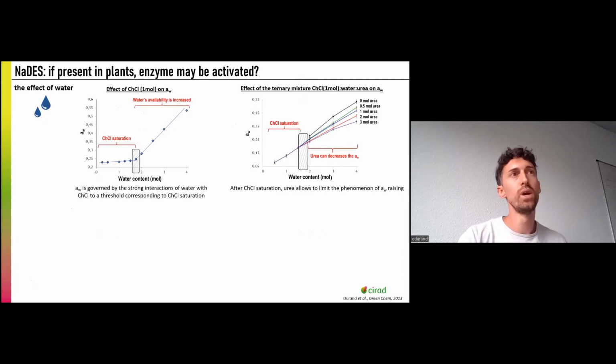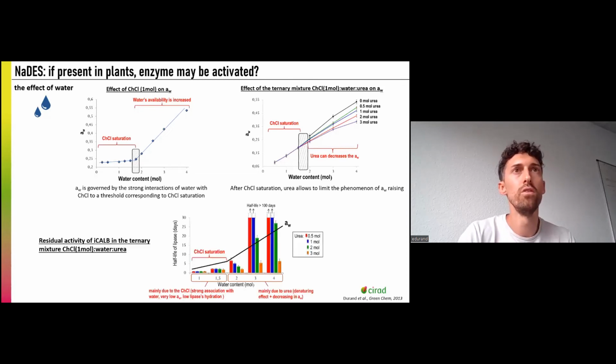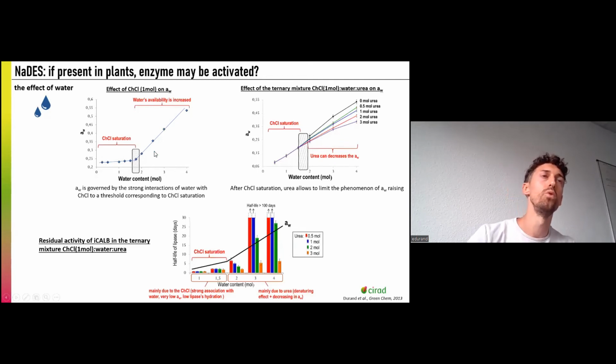So after that, we conducted a lot of experiments to understand how the water gets associated with choline chloride and urea, that is the hydrogen bond donor in this liquid phase. I will go quickly over this result, but if you want more details, you can check this paper. What we have shown are actually two different zones. The first one corresponds to choline chloride saturation, and the other corresponds to water availability that is increasing after saturation